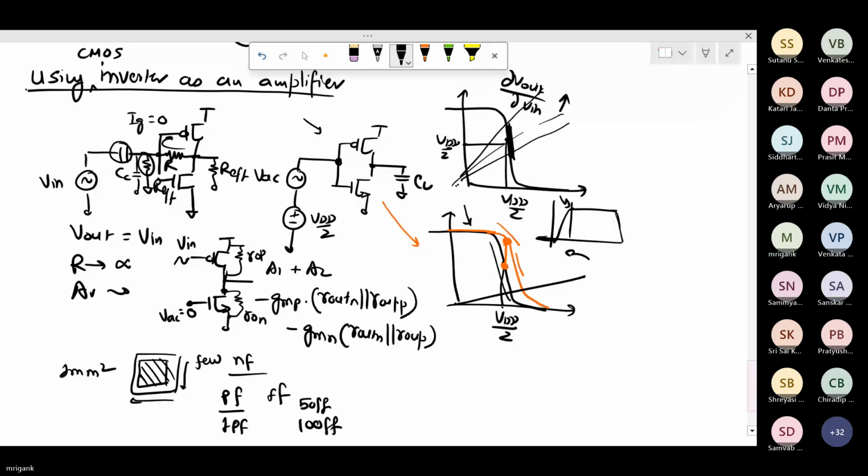Yes, sir. So if your R value is reduced, what will it do? The RC time constant is reducing, 1 upon RC is increasing. And the high pass corner frequency, if your R is reduced, will shift towards higher frequency, which is not desirable, right? Because it will not be able to operate the signal at lower frequency. Is that clear? Yes, sir. Any other question?